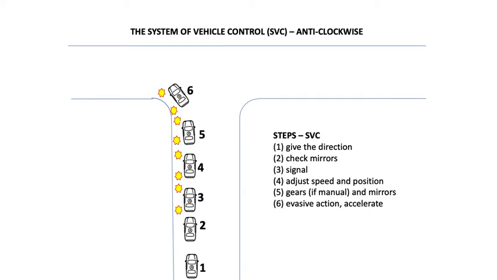So you'd find the driver is starting to move a little bit towards the left of the lane and slowing down with the foot brake. And if in a manual, step five, gearing down through the gears to a sufficient gear. If we come up to a corner like this one, and notice there's no markings or signs, it's just a standard T-section, the driver would probably be working down to second gear, scan up on the right, scan to the left, scan back to the right, and if clear, probably go around in second gear. If a vehicle came, the driver would stop, take evasive action, wait, reset in first gear, and then when clear, move off and follow the road.